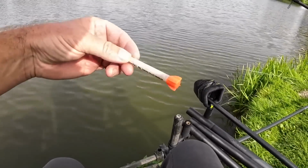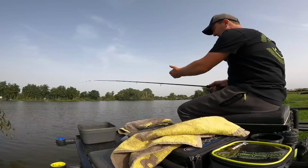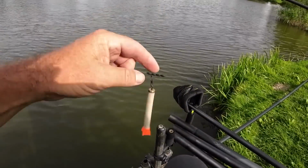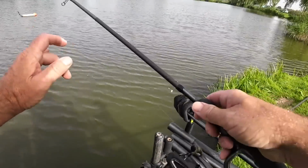I'm going to kick off, I think a 4 gram finesse Pellet Waggler is going to be alright at the minute. If I've got to step that up to a 6 gram, I will do that. And that's it, really, a super simple setup. Obviously that's got the Matrix pellet attachments on there. I've got that set at 18 inch, something like that, and I've just got a band